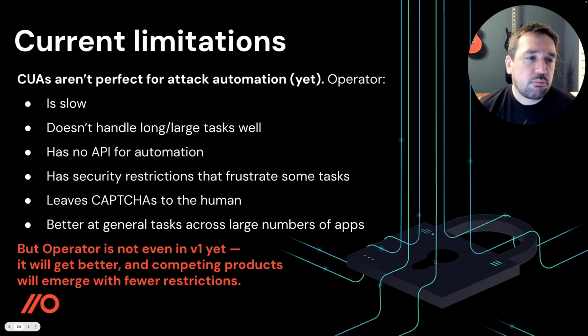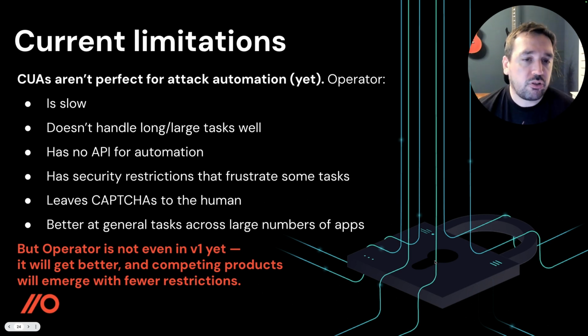But that's not even really a problem, because ultimately the individual tasks themselves are not things you need to automate. What you need to automate is doing them for 10,000 different apps, 10,000 different times. And ultimately you could do that. Those things are mostly not connected. Lots of that stuff could be done in parallel. So in an ideal world, you would automate that and do it in parallel. That solves the slowness problem. But it doesn't handle long and large tasks well, and it has no API key.